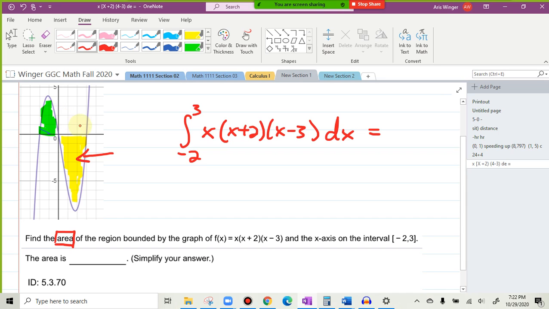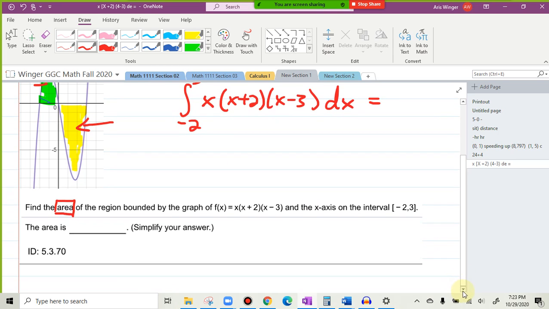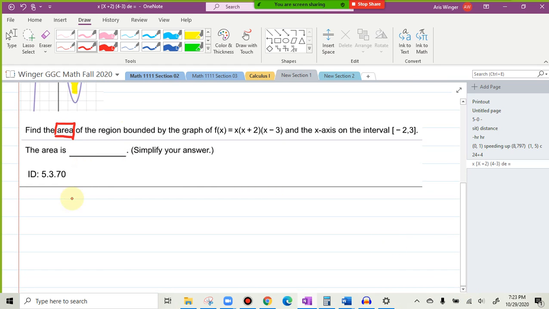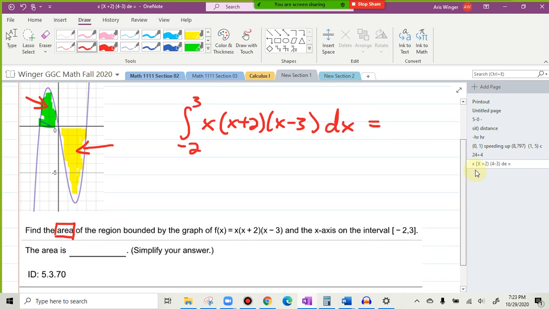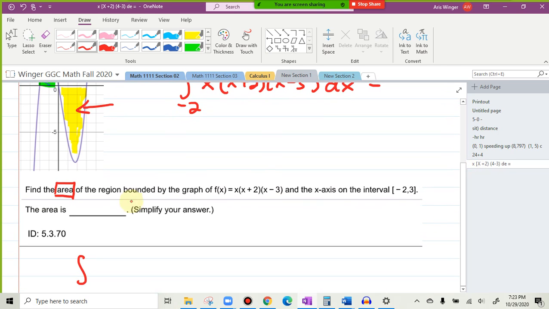Okay, so when we do these separately, I'm going to leave this alone and just calculate the integral because it's going to give me the positive thing. But then to calculate what I want this area to be, I'm going to change the signs and then calculate it. All right, let's see. Okay, so now looking at the picture was helpful because now I want to take the integral from -2 to 0